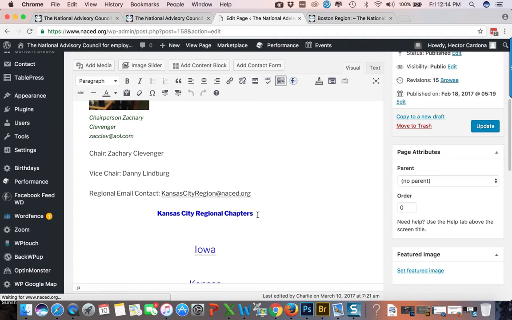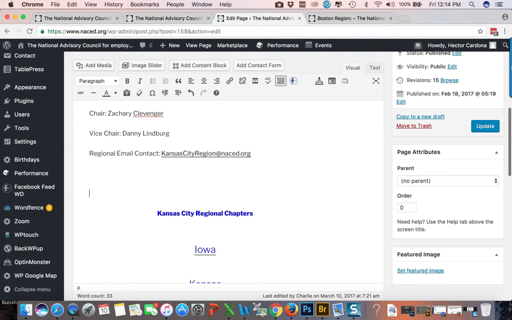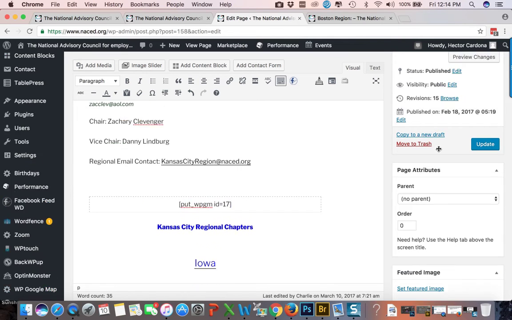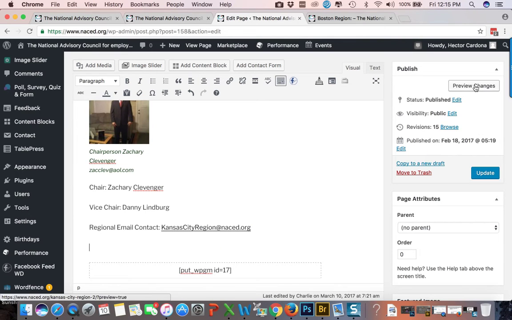Okay, and we're going to put it here. We're going to preview it, and that map of Pawtucket is going to be created in